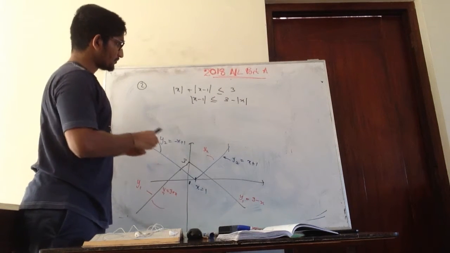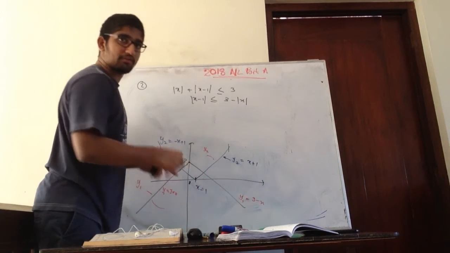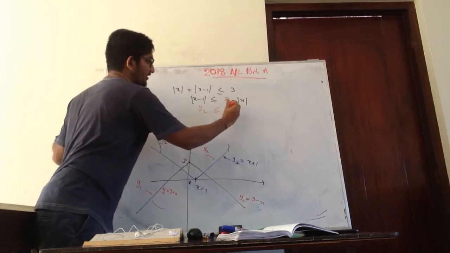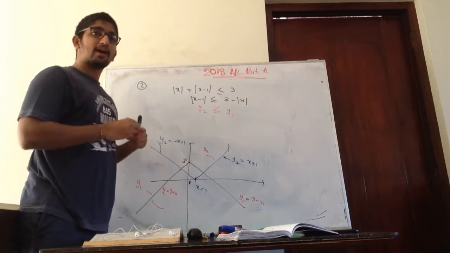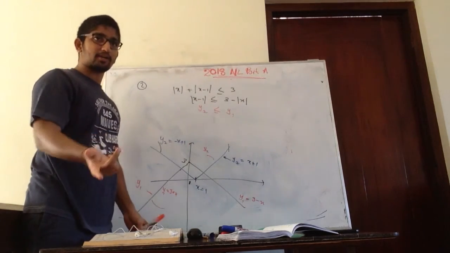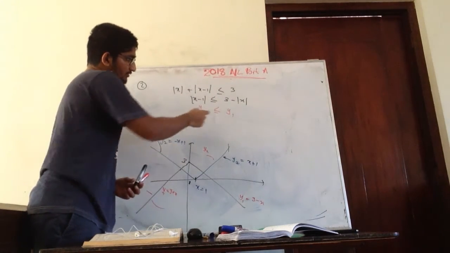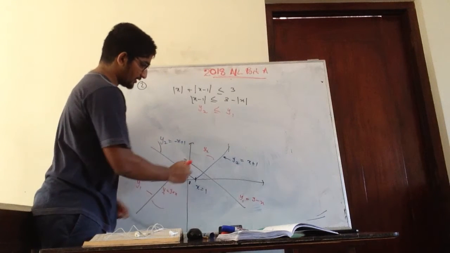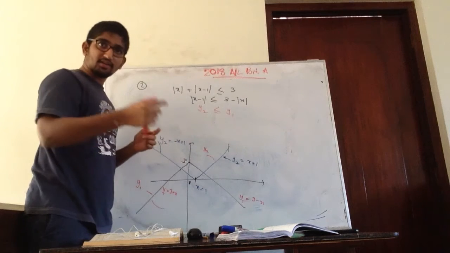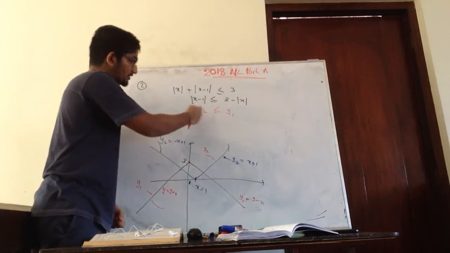Right? So what is this now? This is y2, no? According to our symbol, this is y2. This is y1. So what are they asking? They are asking what are the values where y1 will be greater than y2, right? So y1 will be greater than y2. Y means height, no? So the height value should become greater than y2's height value.